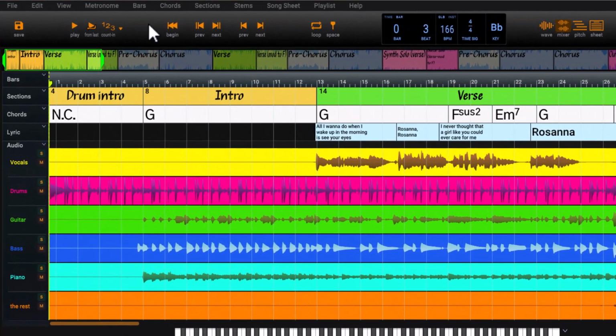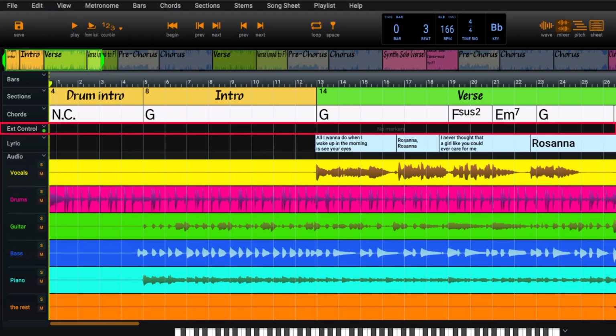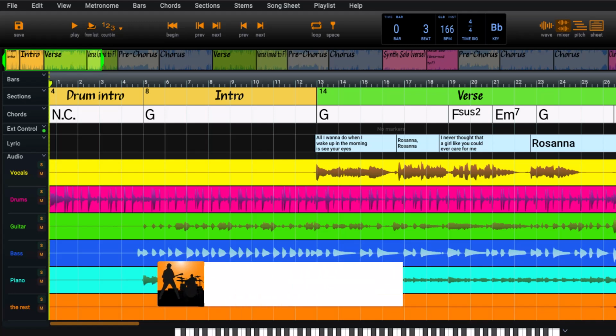Using the external controllers track, we can place markers at any point in a song and have it send MIDI or OSC messages to devices and apps. For this song, we've identified 3 types of guitar sounds that we want to use: clean, distorted rhythm, and solo guitar. You first need to know if your processor supports seamless preset changes and if there is any delay when